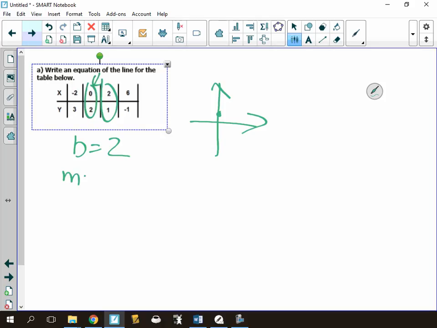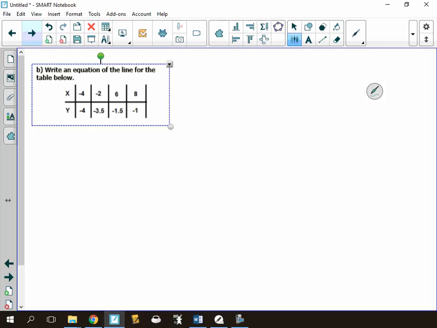We would use m equals y2 minus y1 over x2 minus x1, so the equation is y equals negative 1/2 x plus 2. There is a way to use the calculator, but I'm not going to show that unless your teacher did. If you did, then you're ahead of the curve. So here I'll use these 2 points again. M equals